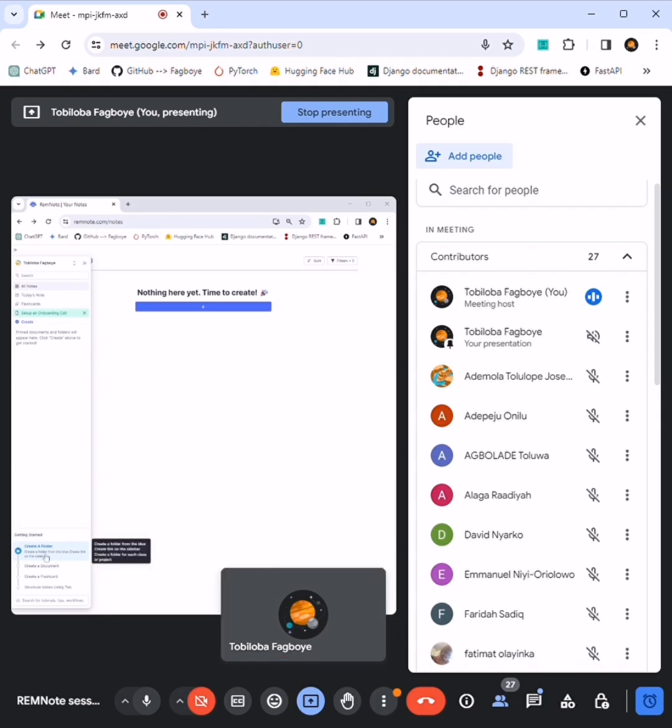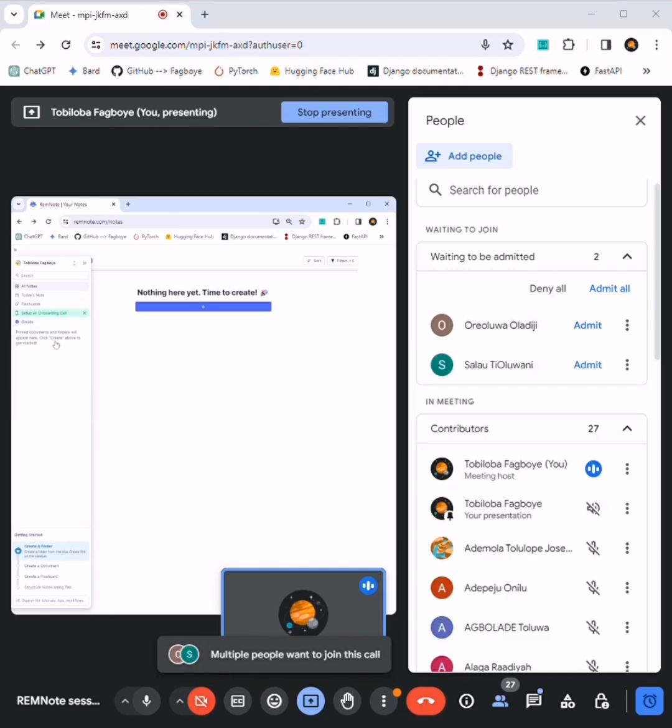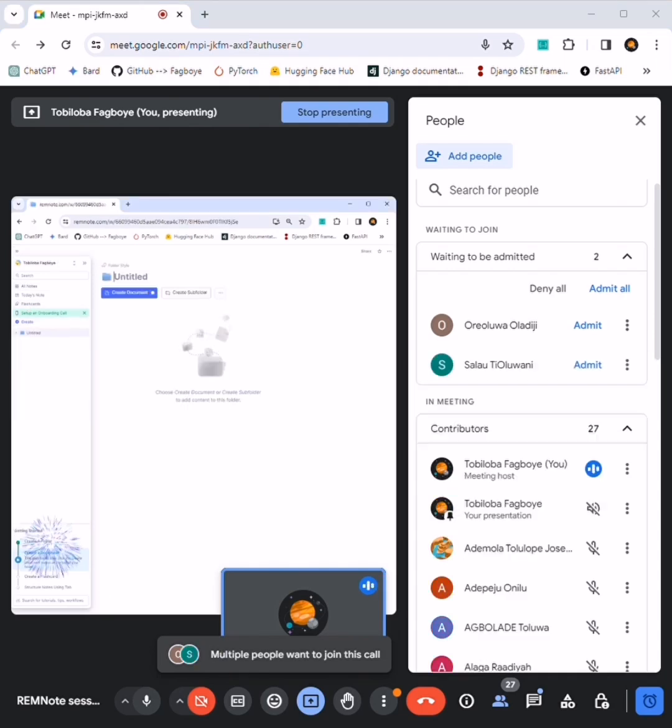As you can see, on getting started, the application is asking us to create a folder. So I'll go ahead and create a folder now. You can see I clicked on the create button at the top. The way I got here was that I went to this stuff at the top here. It brings out a couple of options, and one of them is to create something. So I'm going to create a folder now, and I'm going to name it